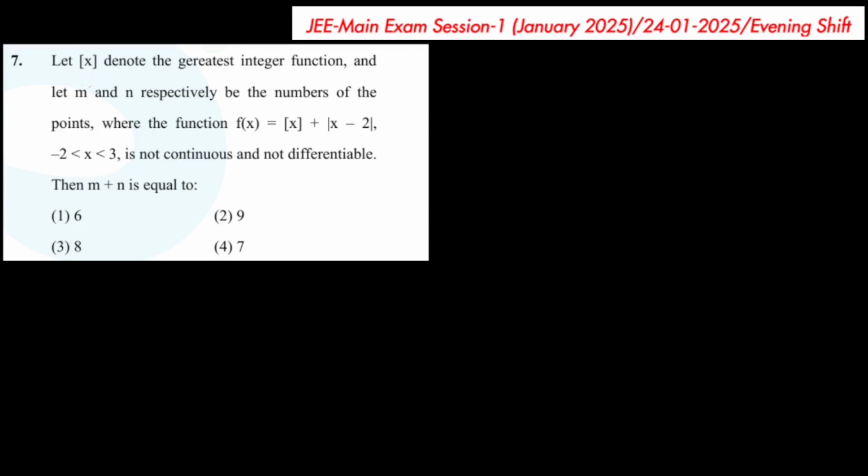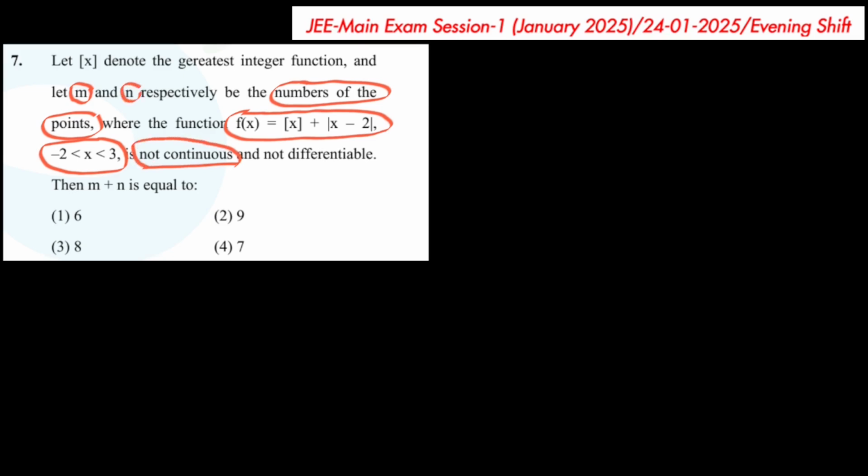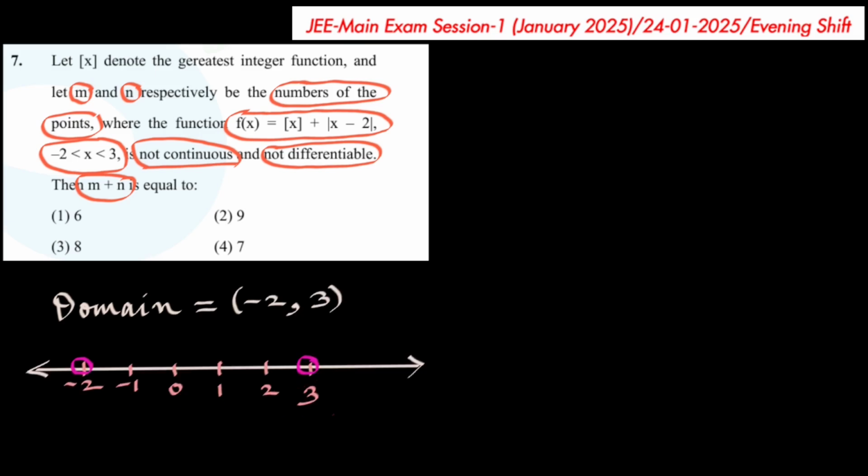In this question, M denotes the number of points where this function in the domain -2 to 3 open interval is not continuous, and N denotes the number of points where it is not differentiable, and hence we have to find M plus N. The domain of the given function is -2 to 3, excluding -2 and 3. Now the points of discontinuity M will be the points where this greatest integer